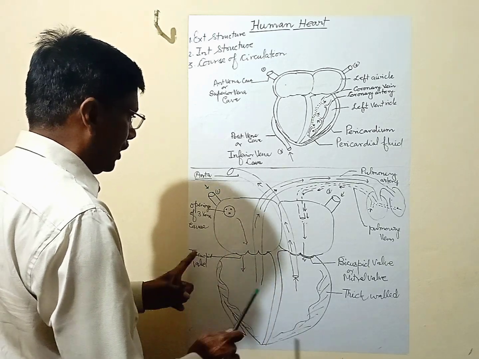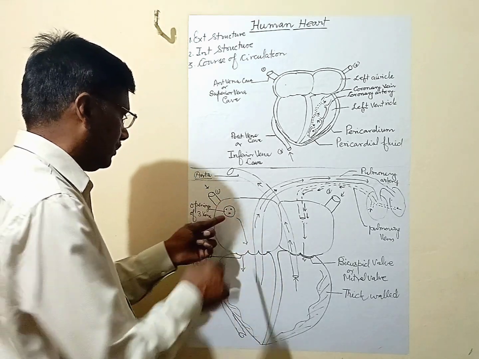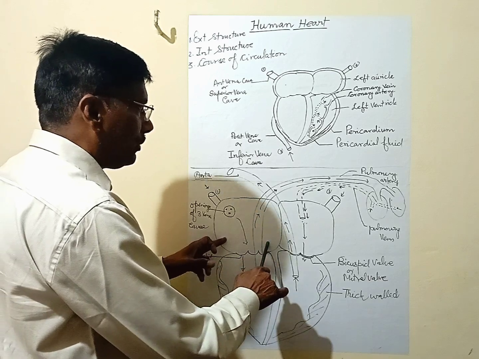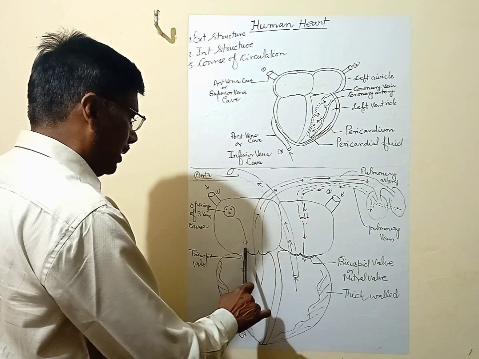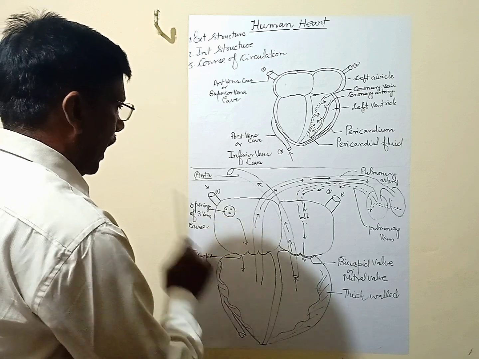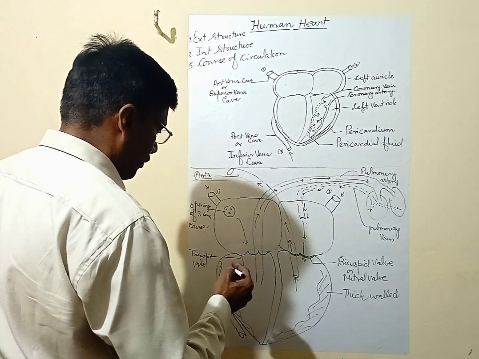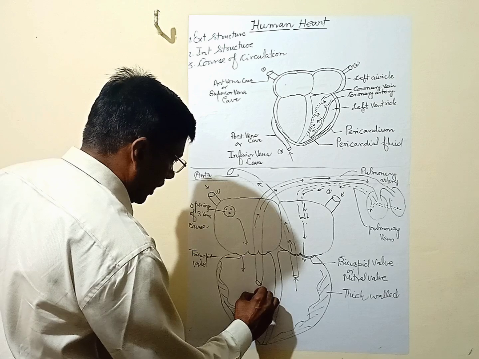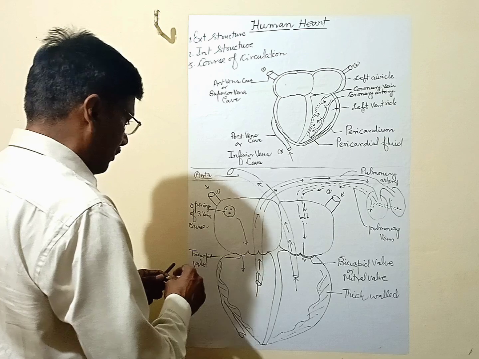Now blood from the 3 vena cava is brought into the right auricle. Now the right auricle fills with blood, its volume increases. Then the bicuspid valves get closed, tricuspid valves open, and this blood comes into the right ventricle. Now the right ventricle gets blood, its volume is increased. Now it will contract, and this blood reaches this place, and from this place